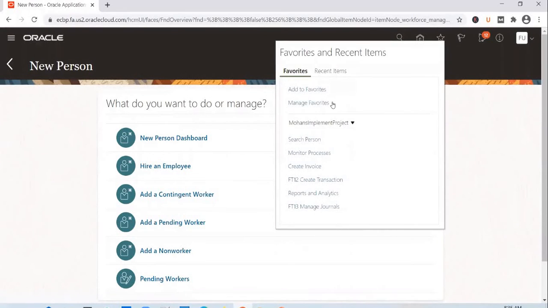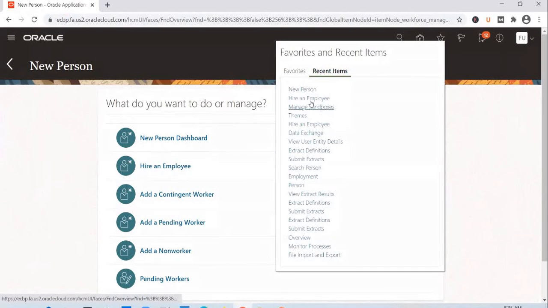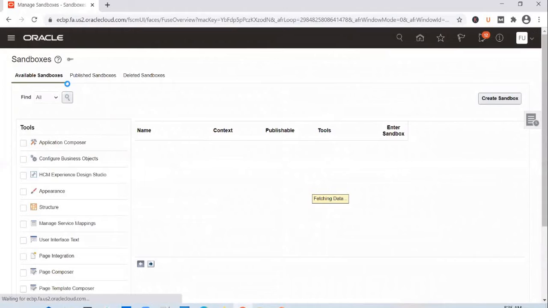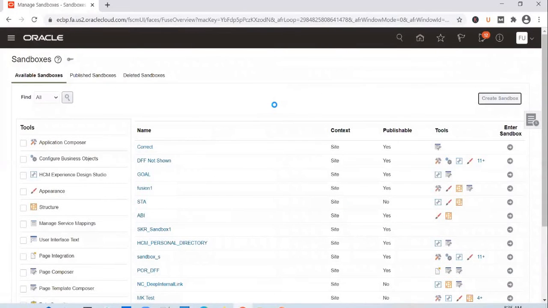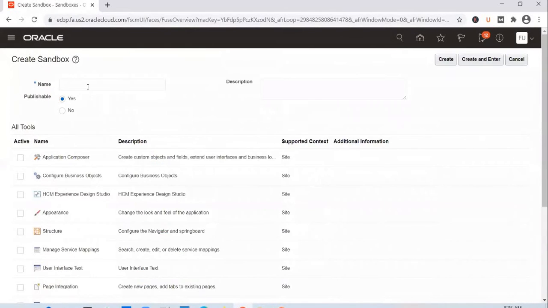So we'll have to create a sandbox again. Go to recent items. Create a new sandbox.